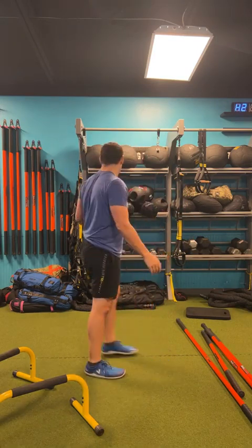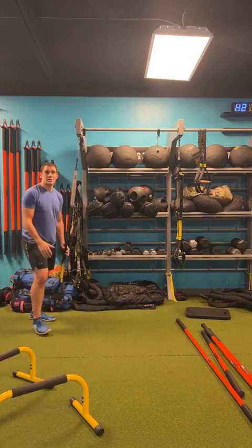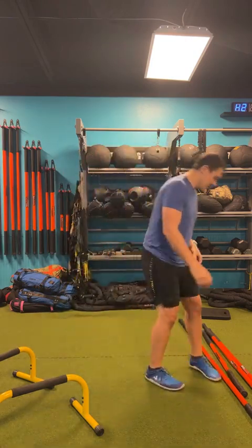You can elevate your feet. If you need a regression, do an elevated push-up or a wall push-up. You got a suspension trainer at home, bust it out and do some TRX chest press with this. Okay? A lot of different options for what you can do as a press. We're just pairing the hinge and the push together. So, kettlebell